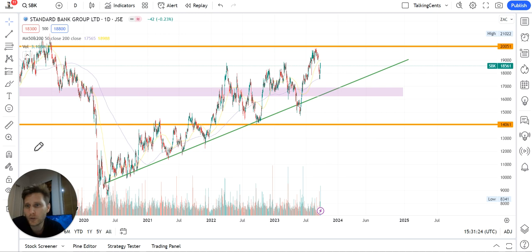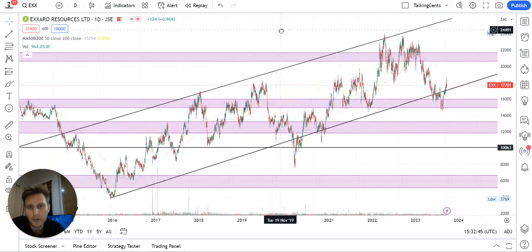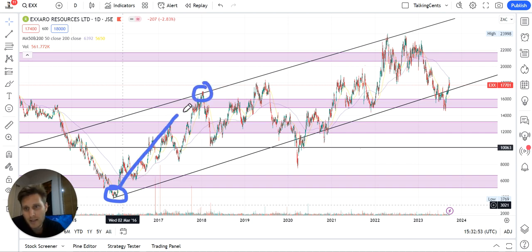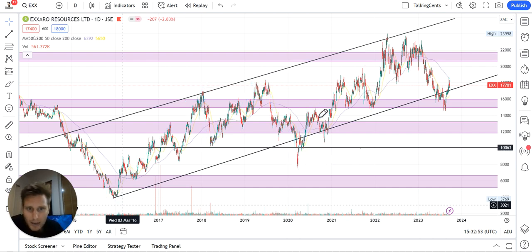Now I'm going to flip over to Exxaro, and we're going to look at the technicals as well as the fundamentals. So the first thing I'm going to point out is the beautiful channel that Exxaro is in. It's been trading in that zone since 2016, which means the low over here, the high over there, and you can see as it rallies up, pulls back, hits that top area again, pulls back, bottom of that channel, and that was the pandemic flush out. It recovered back into that zone, retested that zone again, and continued up, hit the upper bound of that zone,